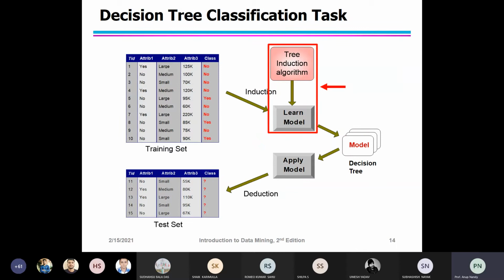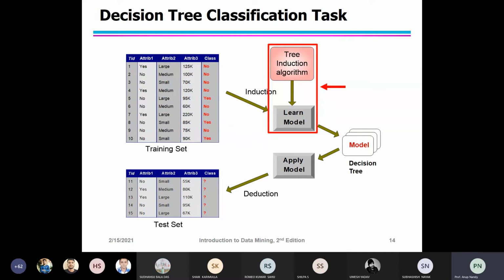So this is the classification job that we have seen. As I already told you, this is how to grow a decision tree. Here there is one algorithm that is being used, called Hunt's algorithm. Hunt's algorithm is applied based on the existing decision tree induction algorithms. So you have to apply Hunt's algorithm to grow the decision tree, in a recursive fashion.